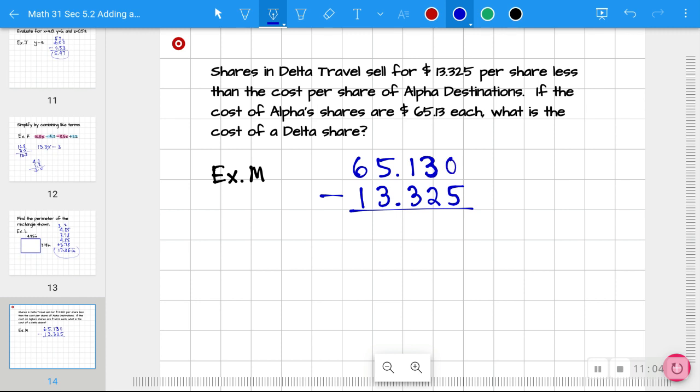So 0 take away 5, we have to borrow, and that gives 5. 2 from 2 is 0. We have to borrow again. 11 take away 3 is 8. Our decimals line up. We get a 1 there and a 5 there. Okay, so the price for the Delta Travel shares is $51.805. And that does it for this